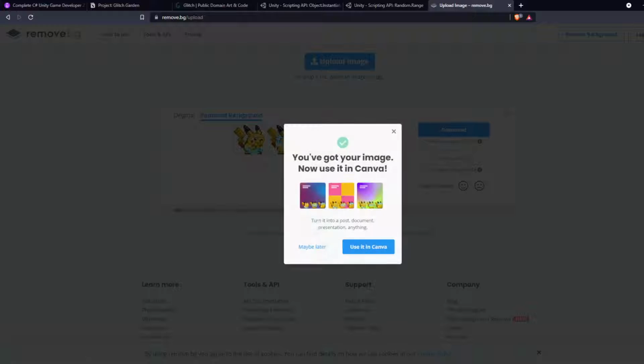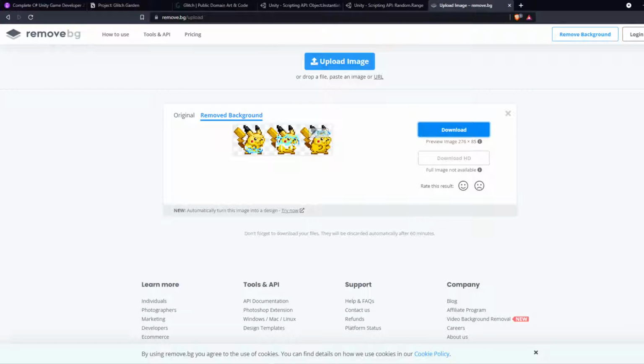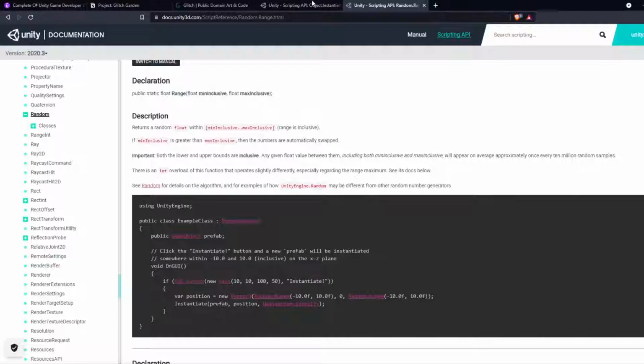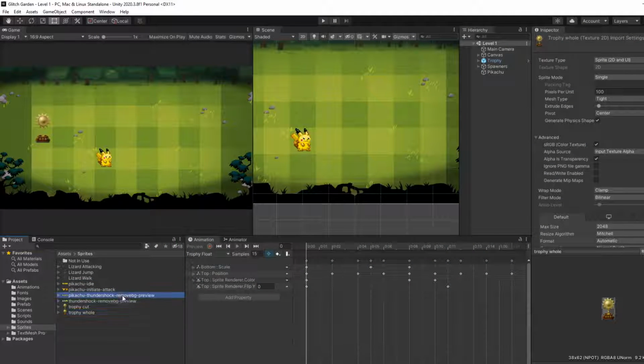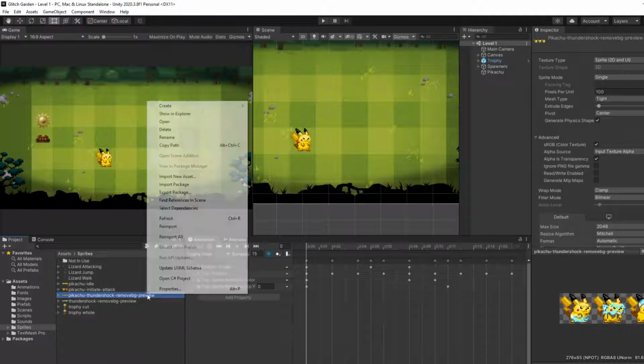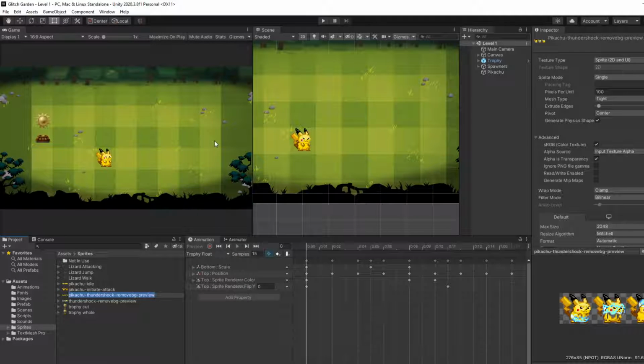Save it there. That's cool. Move it here. Delete these two, and yeah, we should be good to go. So now we have that, but we're gonna rename it because I don't really like it like that. I'll put Thundershock